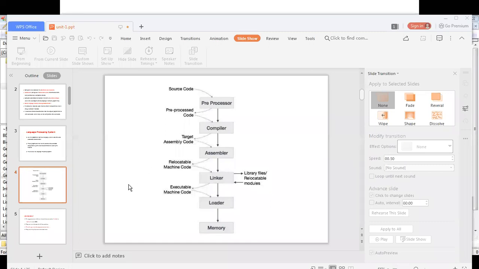First, it tries to find out whether any errors are present. If there are any errors, it will display the list of errors to the programmer. If there are no errors, it simply translates the code into assembly code.